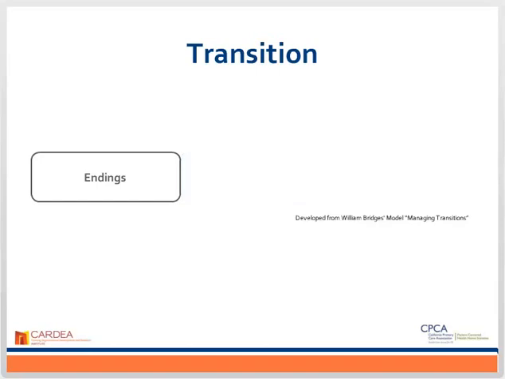On the left side of the diagram, you see the transition begins with endings. In this phase, we experience loss and begin a process of separating ourselves from what used to be, from roles, relationships, and processes. As we move out of endings, we move into the neutral zone in the middle of the